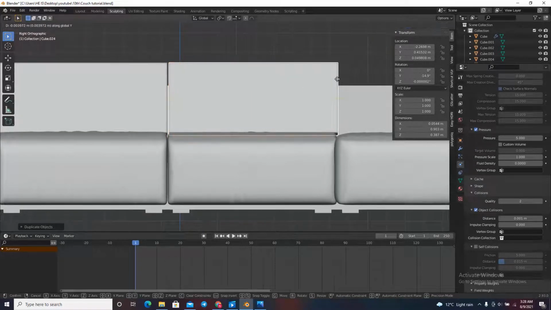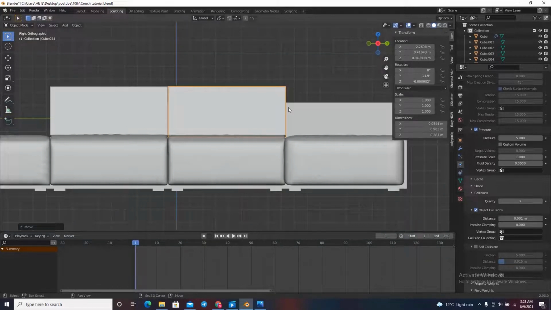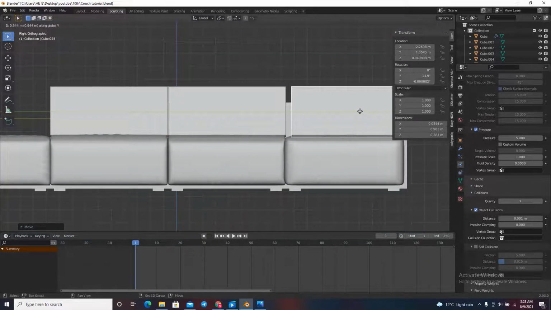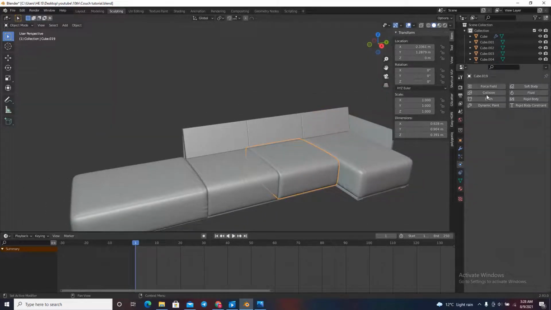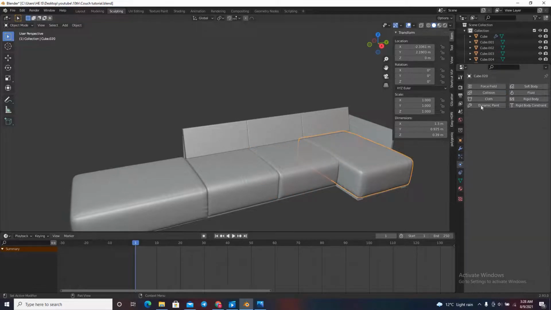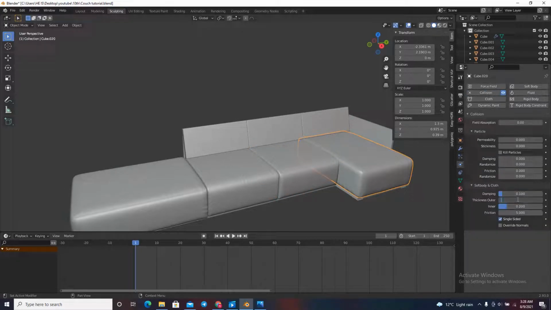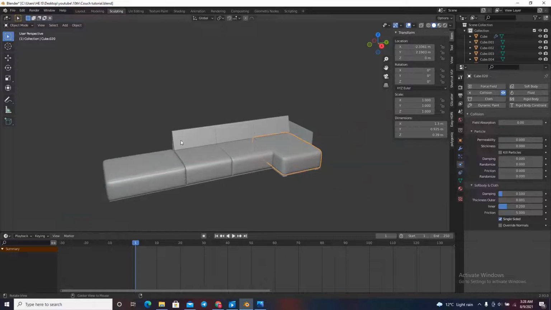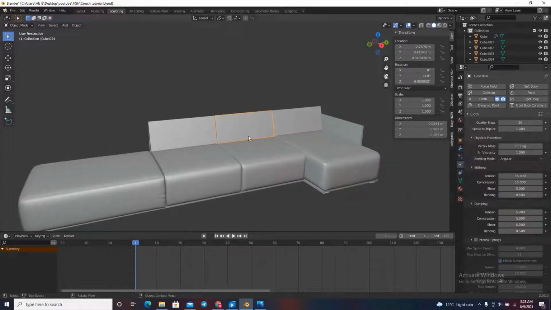Press G, Y. I'm just going to duplicate it. Since this has the property that I'm looking for, I'm just going to press G, Y. Yep, and I'm just going to give two of these a collision, and again give it a collision thickness outer of 2.01. So after that, what you need to do is select this one, disable the cloth, select this one, disable